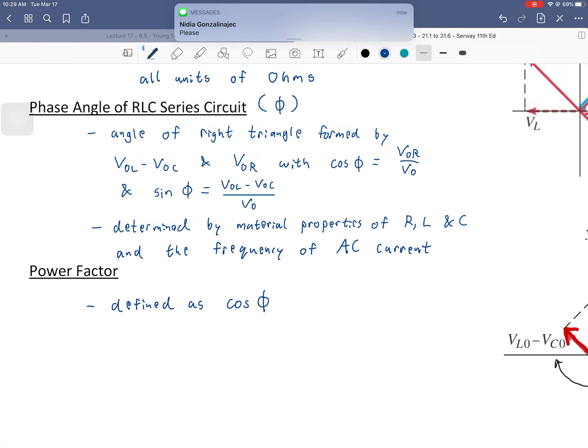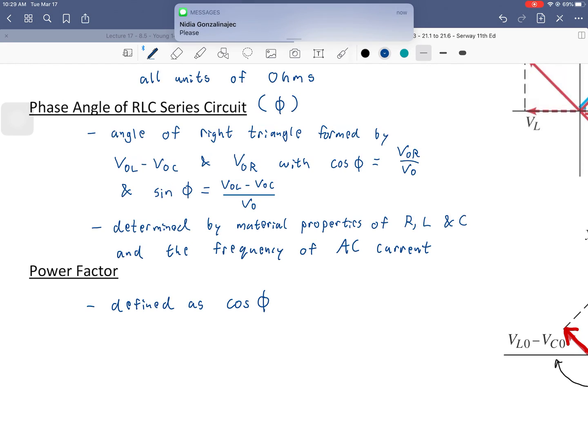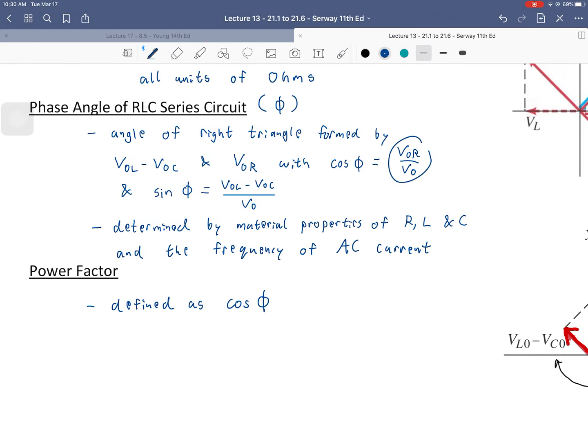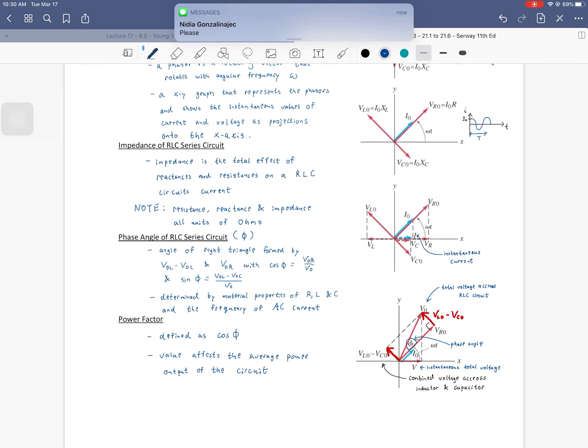So cosine of phi is defined up above, where it's just the voltage across the resistor and the total voltage, and then its value affects the average power output of the circuit. All right. So that is our introduction to our